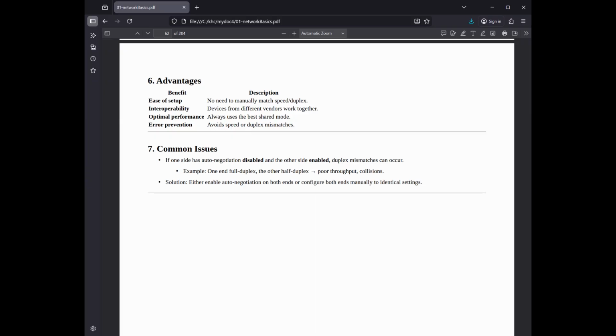Solution: to prevent these issues, the best practice is to ensure a consistent configuration on both ends of a link. 1. Enable auto-negotiation on both sides, the recommended approach for all modern equipment. 2. If manual configuration is unavoidable, manually force the exact same speed and duplex mode on both sides of the link. In modern and multi-gigabit Ethernet standards, auto-negotiation is mandatory for copper twisted pair links. It is no longer an optional feature as it was in the earliest Ethernet versions. For all speeds of 1 Gbps and above over copper cabling, auto-negotiation is required by the IEEE 802.3 standards to